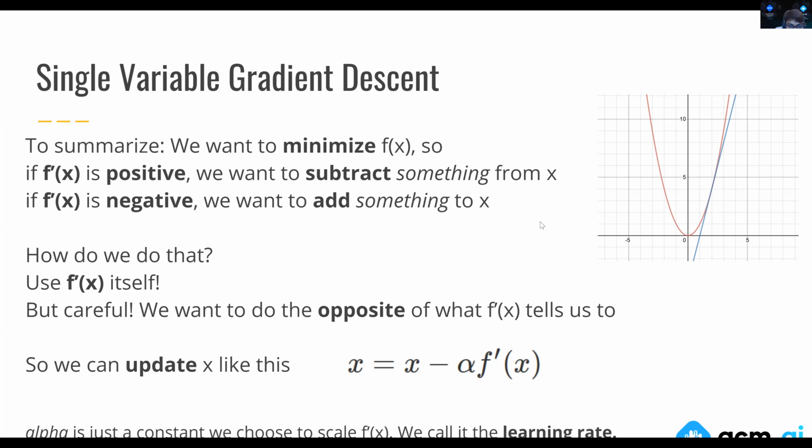Okay, awesome. Another question: why are we trying to minimize f of x? That's a fantastic question, and the answer is going to come up in the next few slides. Essentially, we're going to frame our entire machine learning problem as this optimization. We're going to say that if I reach the minimum, my problem is solved. And so if we have an algorithm to reach the minimum, we can solve our problem.